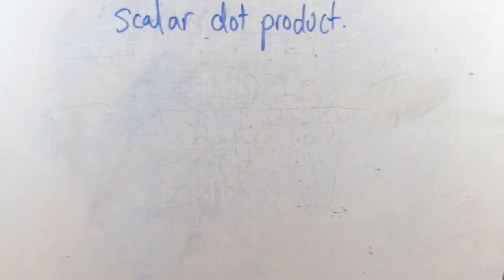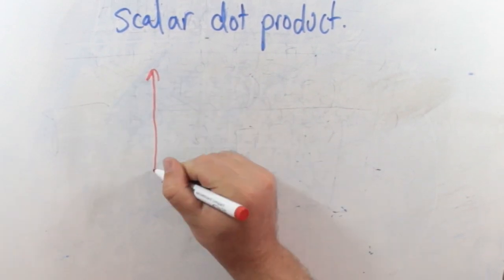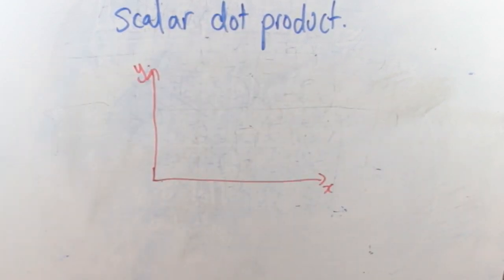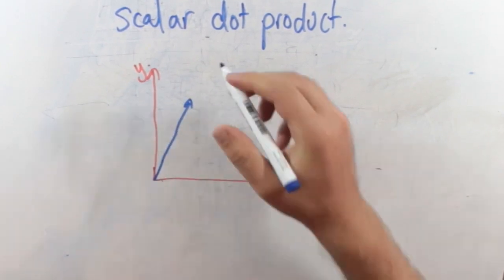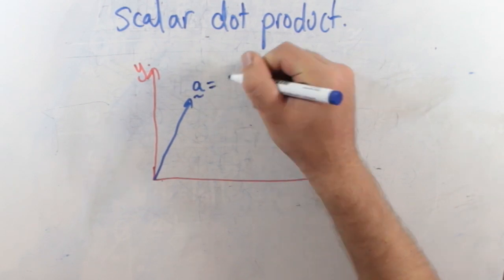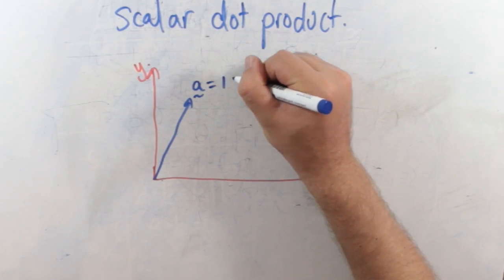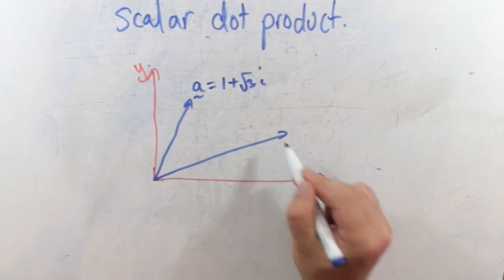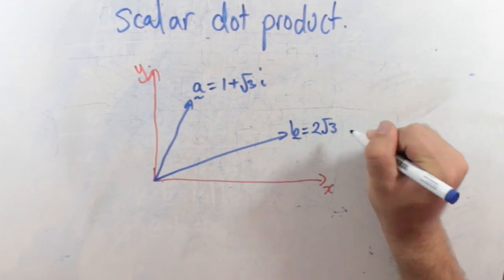There we go. All right, so let's do this in 2D. And so here's my XY plane. And we've got some position vectors. Our first vector is going to be in the ij notation. We'll call it vector A. It's going to be 1 plus root 3 j. And our second vector out this way, vector B, that's going to be 2 root 3